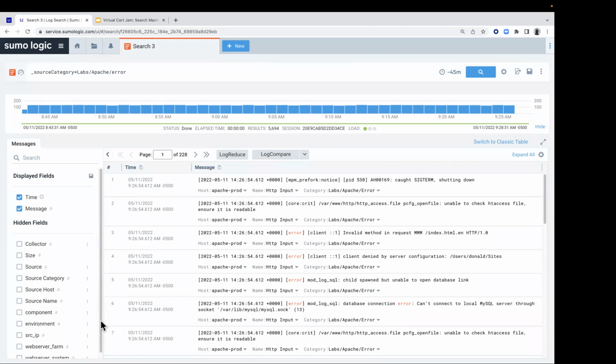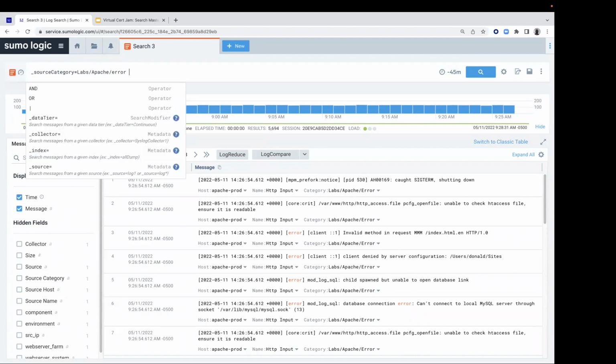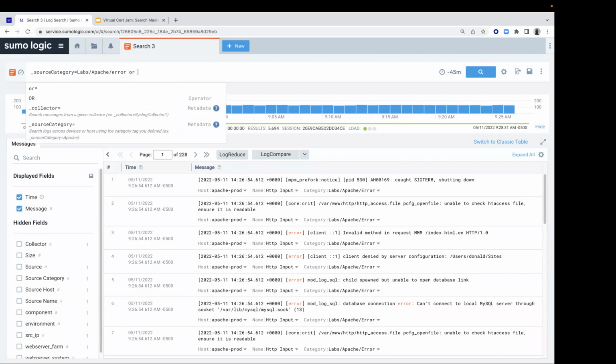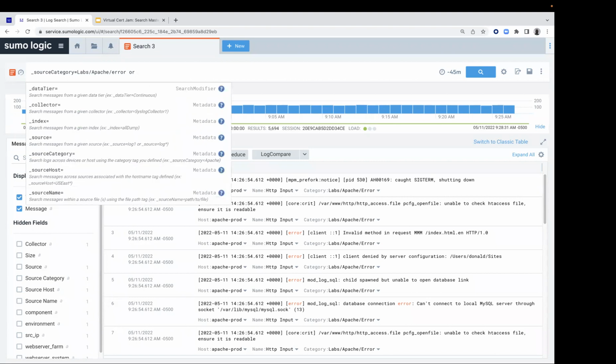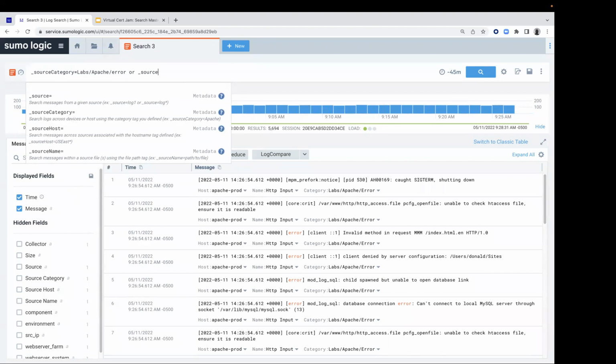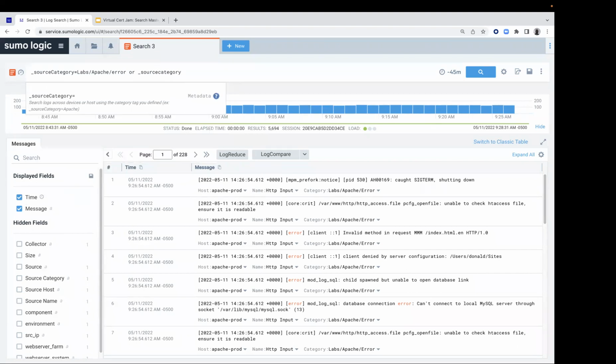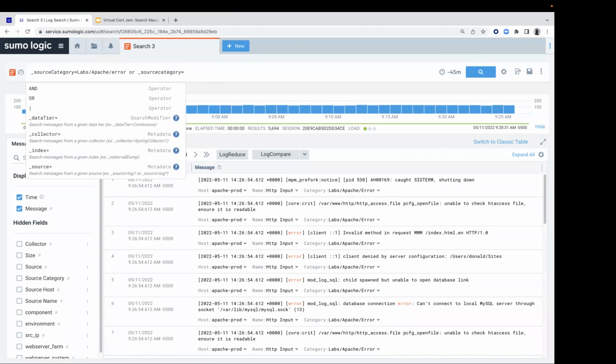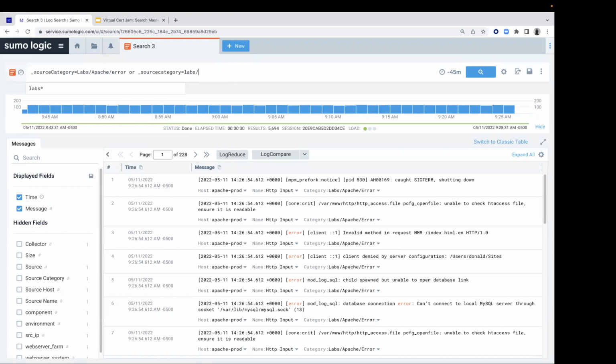Next, we want to bring back messages from our Apache error or from our Apache access. So we're just going to append to the query we already have. We're just going to add a space and type in "or", and then type in _sourceCategory, and then we want to make it equal, and then we'll type in what we had before. This time it's going to be labs/Apache